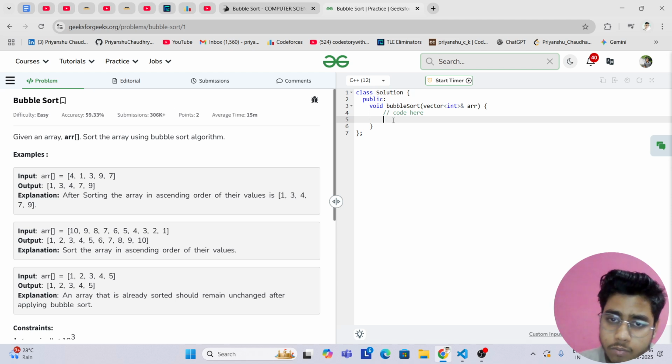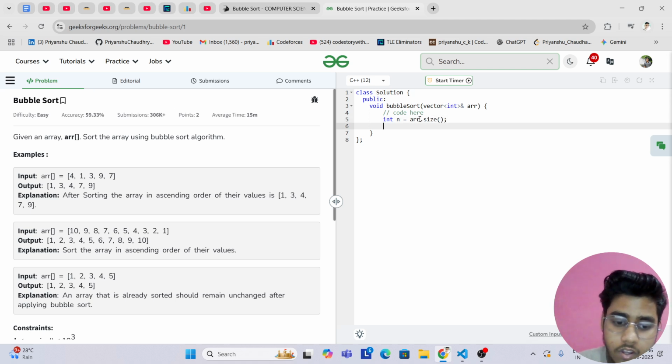This is a GFG portal. Now I am declaring the size of the array as n is equal to arr dot size. Now I will run the for loop. This will be the outer for loop and we have to run from i is equal to n minus 2, up to i should be greater than 0, and i minus minus,